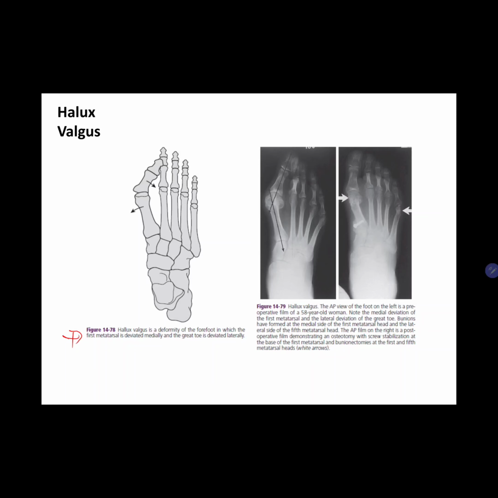For the radiologic evaluation, the AP view of the foot demonstrates this deformity, and the first intermetatarsal angle describes the degree of medial deviation of the first metatarsal. So, greater than 10 degrees, known as the metatarsus primus varus. So I'll write this one down. Metatarsus